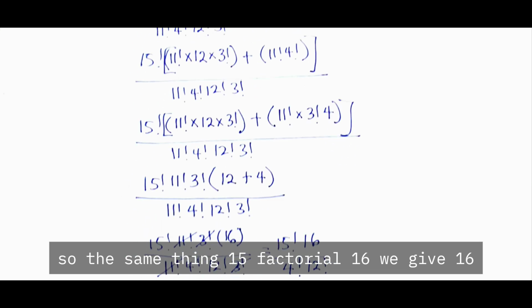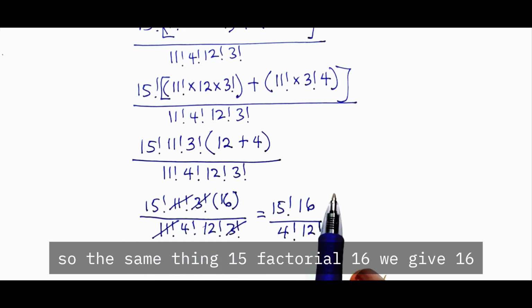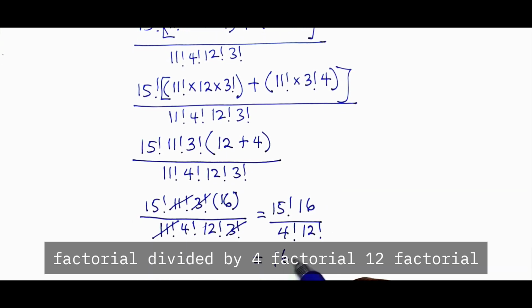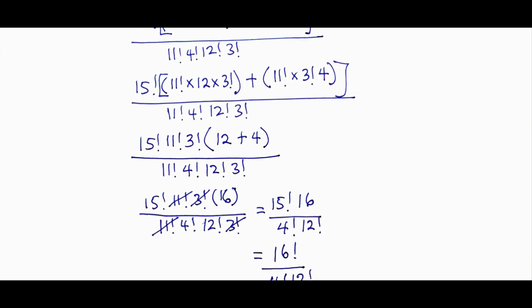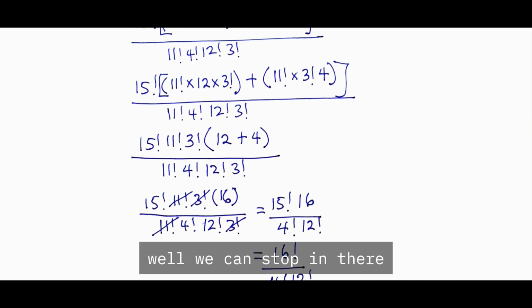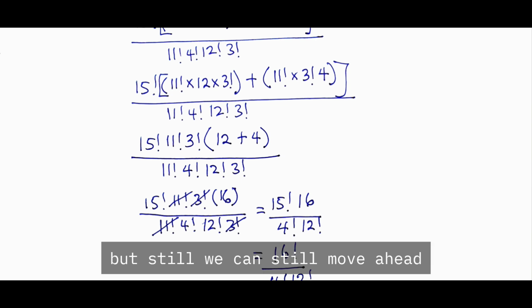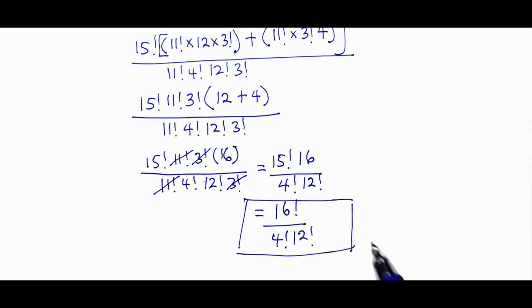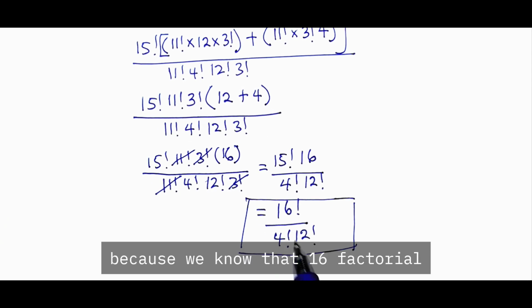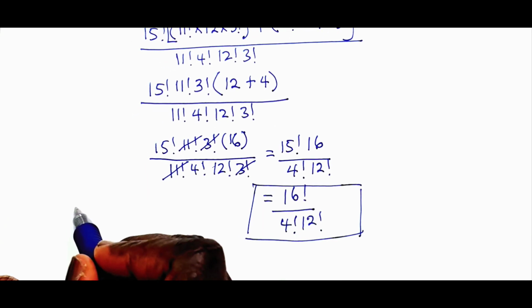So the same thing, 15 factorial times 16 gives 16 factorial divided by 4 factorial, 12 factorial. Well, we can stop in there, but still, we can move ahead. We can leave our answer this way, but we can still move ahead because we know that 16 factorial is